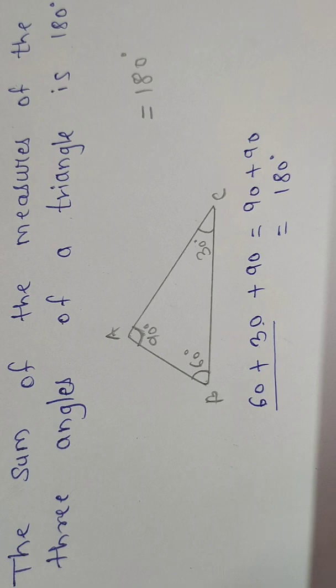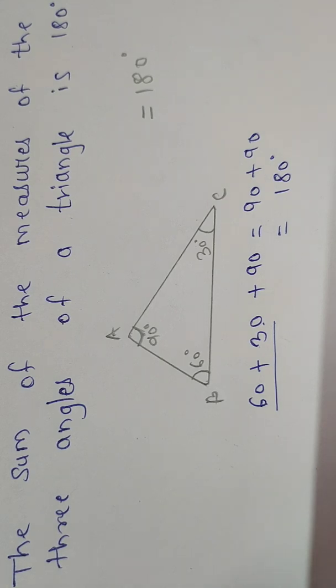So you can draw a triangle only when the sum of all the three angles is equal to 180 degrees. If you have some example in which the sum of three angles does not become 180 degrees, then such a figure cannot be drawn as a triangle. So this thing you have to keep in mind.